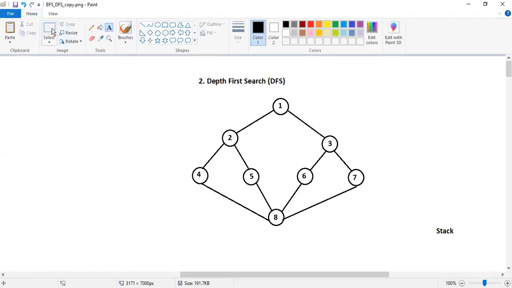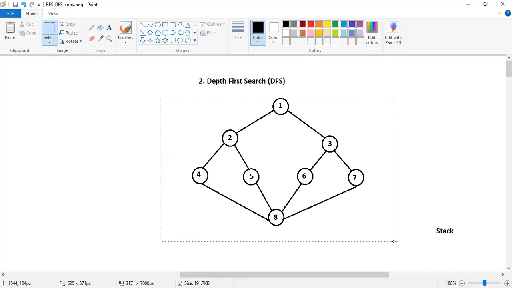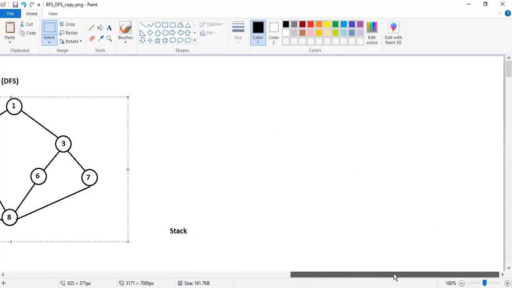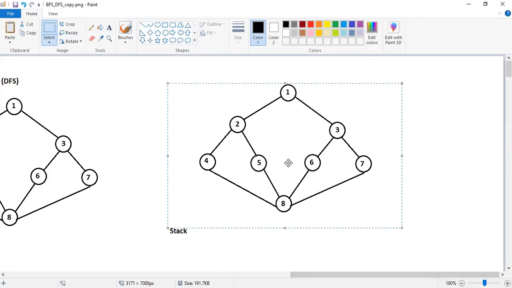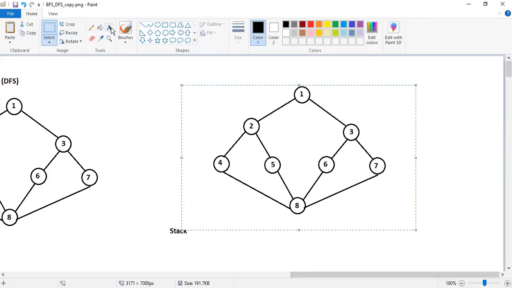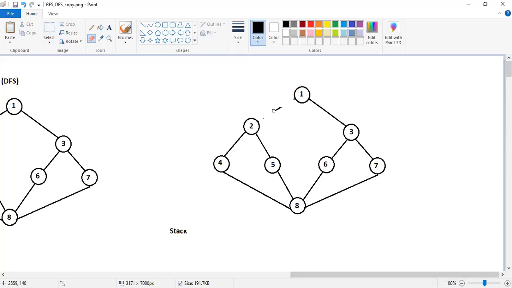Now there was one request from the students here that when we started from this particular vertex, that is exploring the vertex 1, we went on the left side, that is from 1 to 2. So is it possible for us to travel in the other direction, that is 1, 3 at the beginning? Yes, it is very much possible, right? If we go in that direction, let us try to see how our spanning tree looks like at the end. Here I will not go into detail, but I will try to show you in the shortest method. First, I will remove all these lines so that you can tell me which vertices I need to connect. Is that okay?